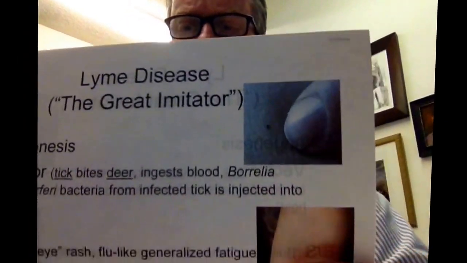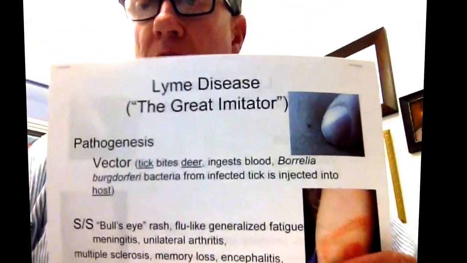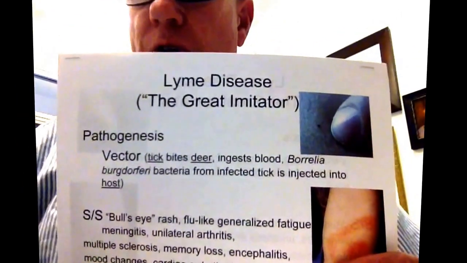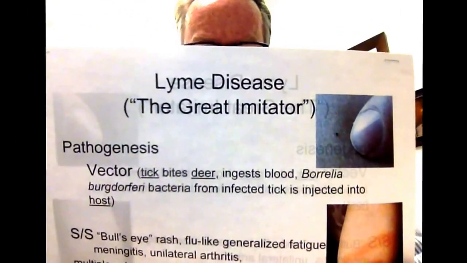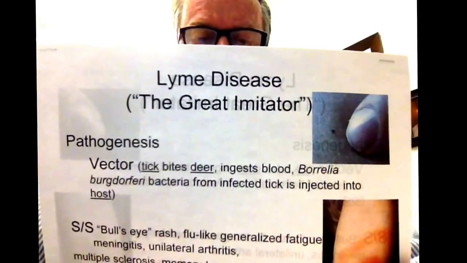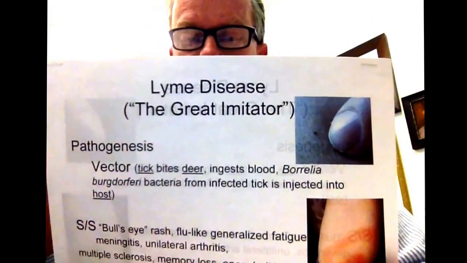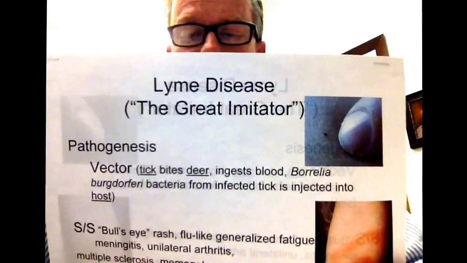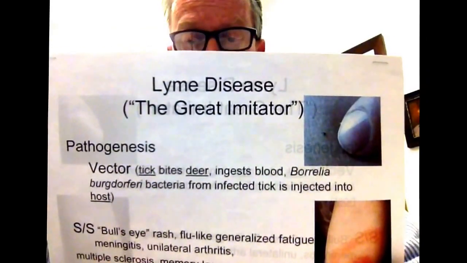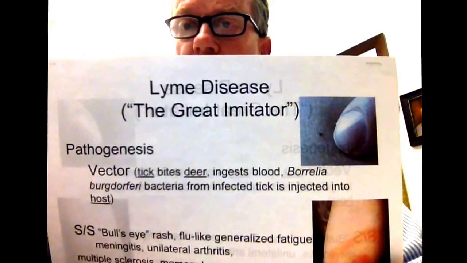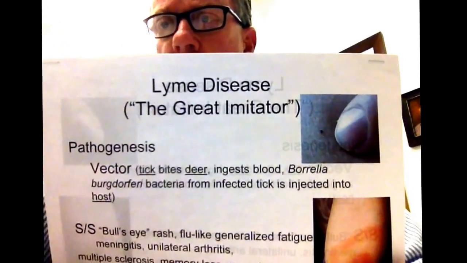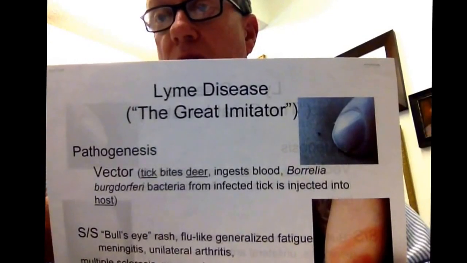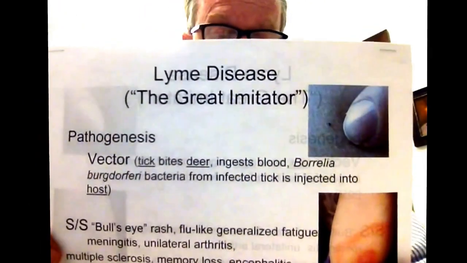Okay. And then I'm going to finish up with Lyme disease. You know that Lyme disease results from a vector transfer of bacteria, where a tick bites an infected animal, a deer or a fox or whatever, and it ingests that blood and then injects that bacteria into another source, and certainly that could be you or your cousin or whoever's out